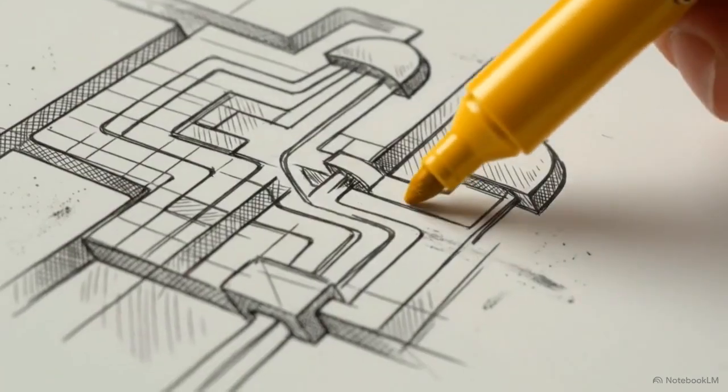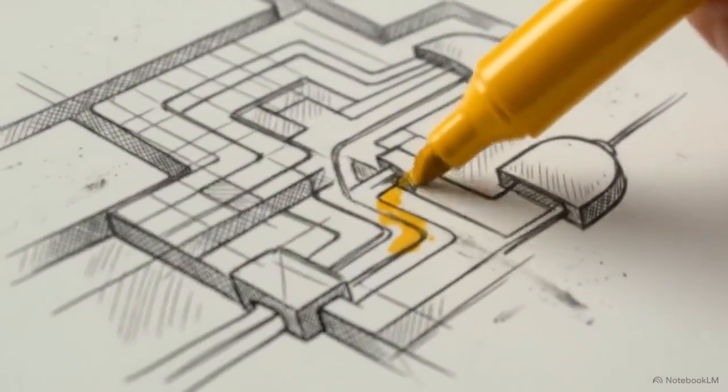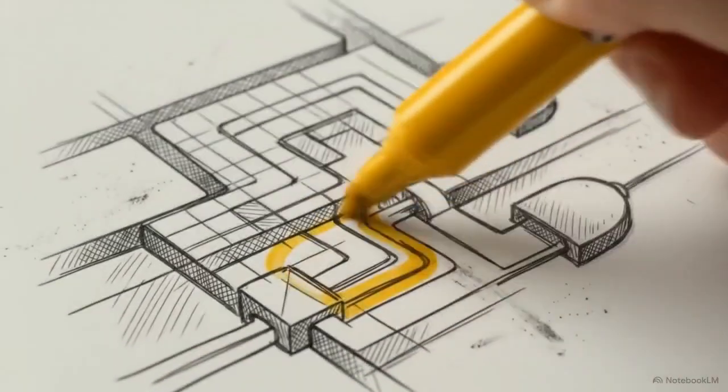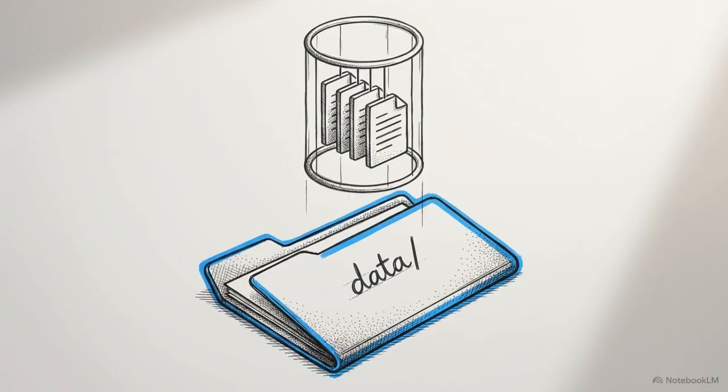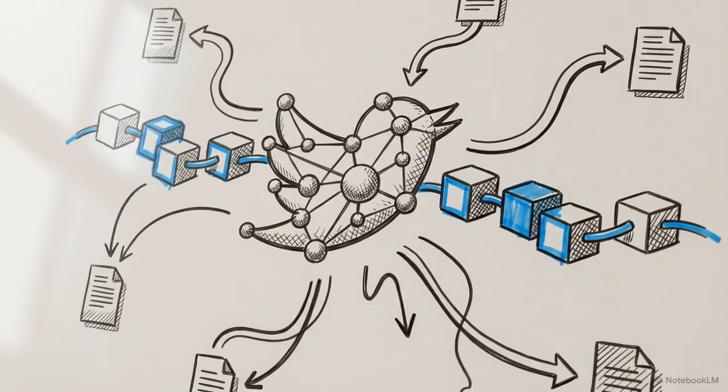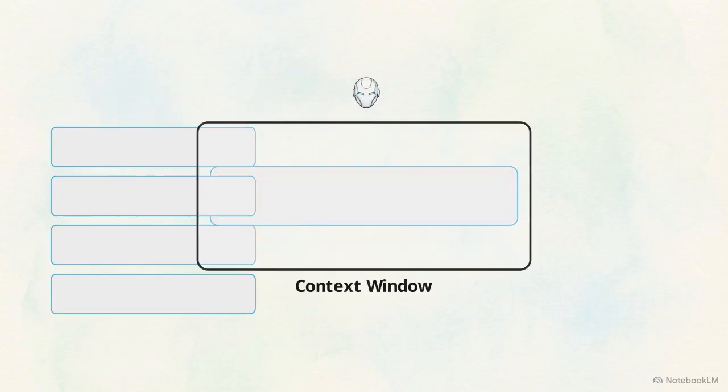We will trace the exact path a piece of data takes through this map, from a static file to a conversational output. Effective retrieval relies on strict data orchestration and specialized software architecture to function reliably. The pipeline begins by loading raw, unstructured PDFs from a local data directory using LangChain's PyMuPDF integration. LangChain is a framework designed to simplify the creation of applications that rely on language models. We apply recursive character text splitting to break large documents into smaller pieces. This is necessary to fit the data into the LLM's finite context window. The context window is the maximum number of tokens an AI can process at one single time.